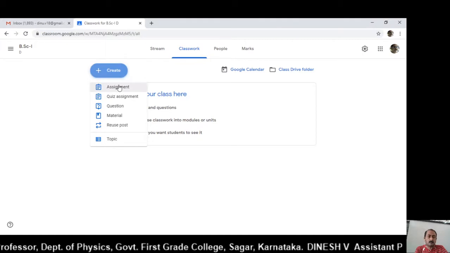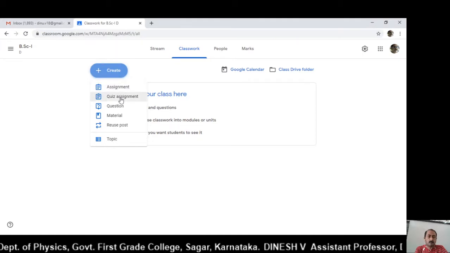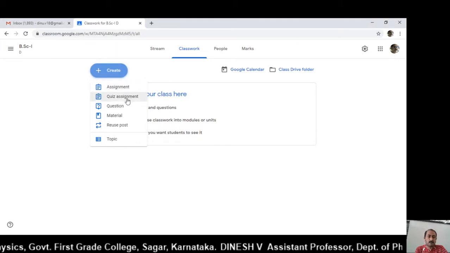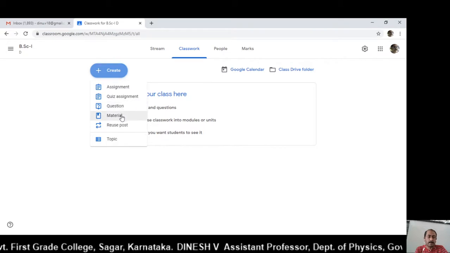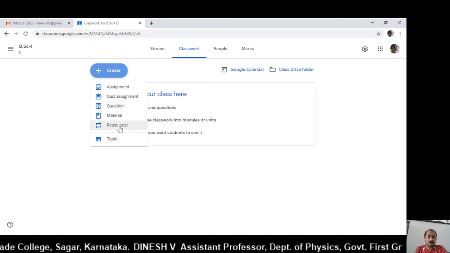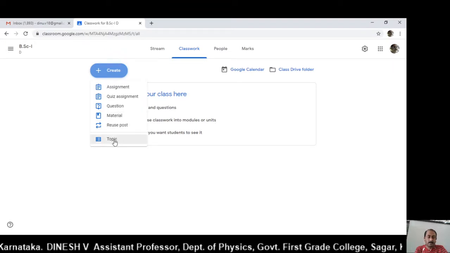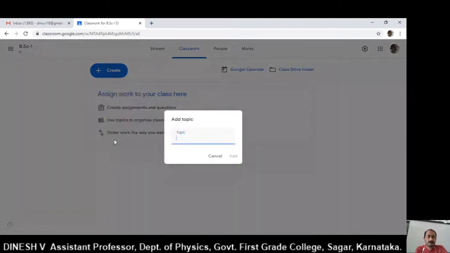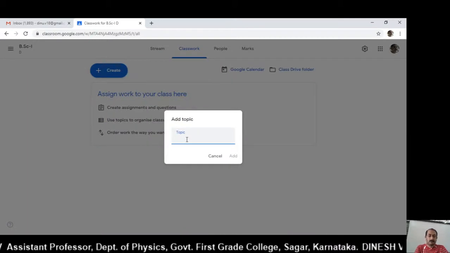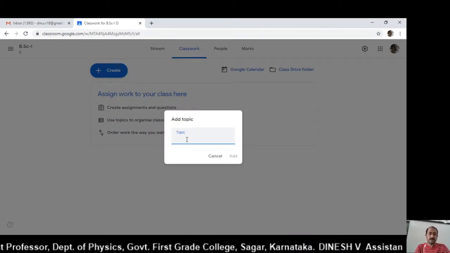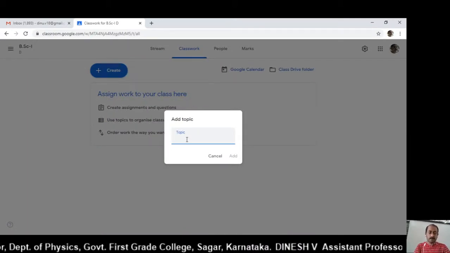Here there are several options: assignment, quiz assignment, question, material, reuse post and topic. Just click on topic. Here, first you structure the material by adding the topic.